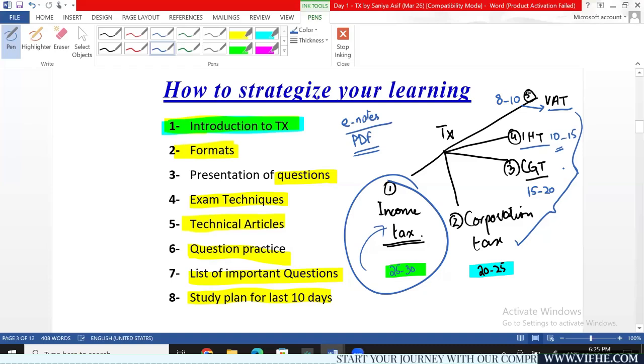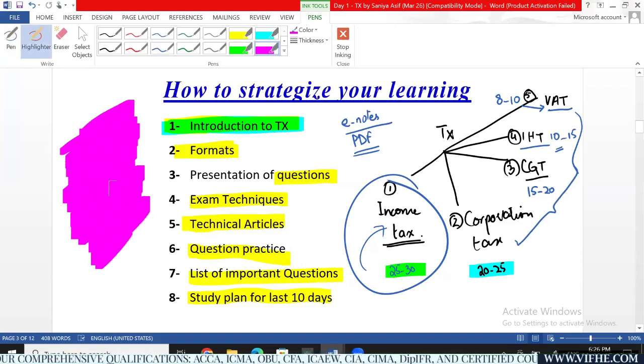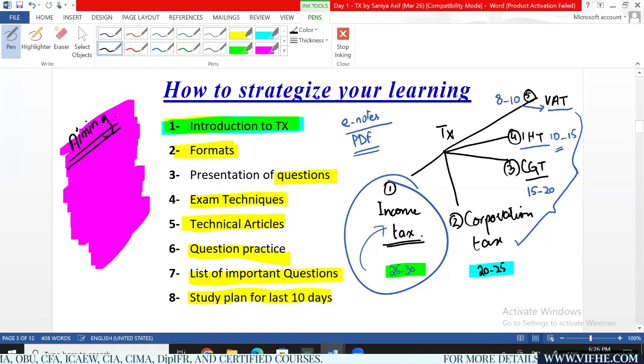I mean, there is no need to touch any of the books, either Kaplan or BPP, if you really want to cover everything timely and you would want to have time for the sake of practice as well. But if there is any student who is aiming for distinction, then of course, if you are aiming for securing the highest possible marks in your country, then I would suggest